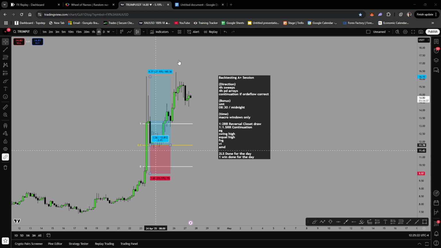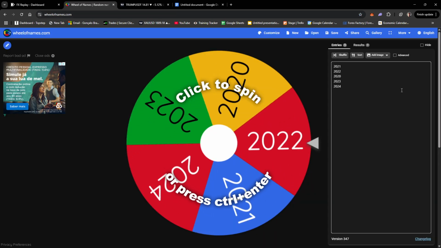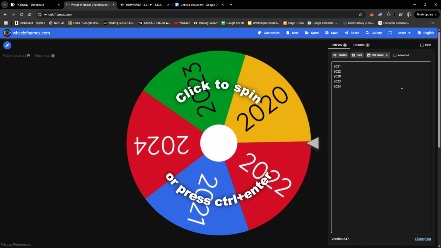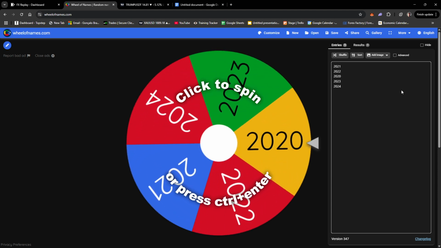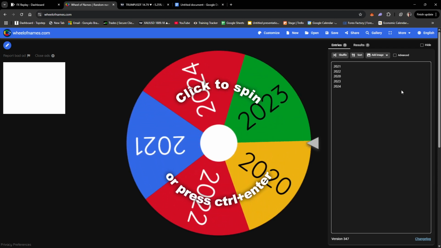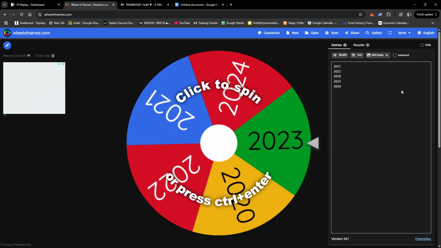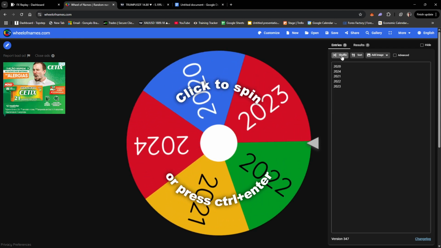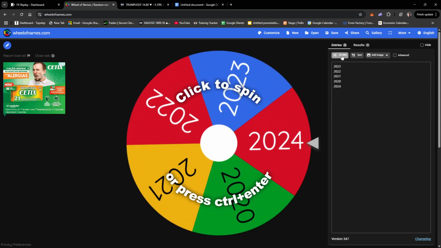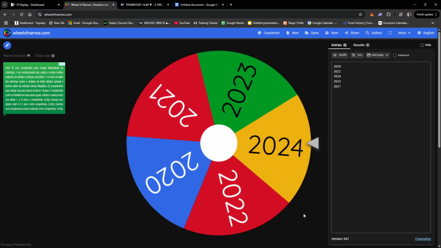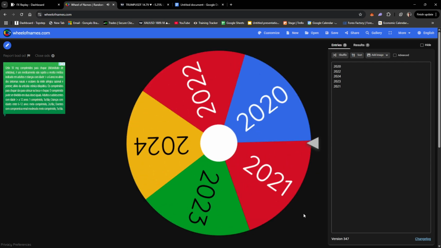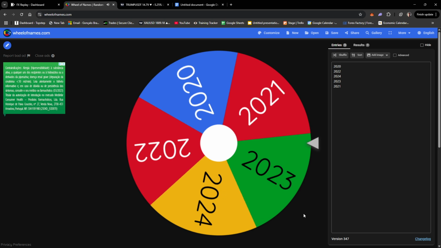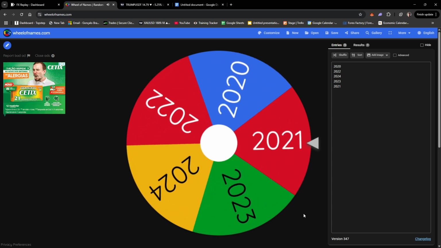So here, we've got the wheel of names. Now, this is to make sure that it's extremely fair. I never cut any of my videos, so you can make sure that it is actually how I perform in historical data. So I'm not just pre-planning this. We've got 5 years to choose from. We've shuffled. Let's spin. This is going to take us back to the year we're going to backtest. Okay, so it looks like it's going to be